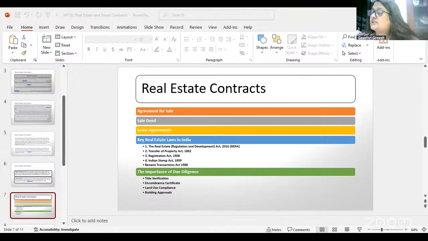Only when you convert it to non-agricultural purposes does the real estate transaction begin. The starting point is that you are not doing anything on the agricultural land except farming and agricultural activity. Now, say you have built a cold storage on an agricultural land, that is also a real estate transaction. To build a cold storage on agricultural land, you must convert it to non-agricultural purposes. You must go to the relevant government department. In Karnataka, it is the district commissioner or the collector of the district who has the authority to convert the land